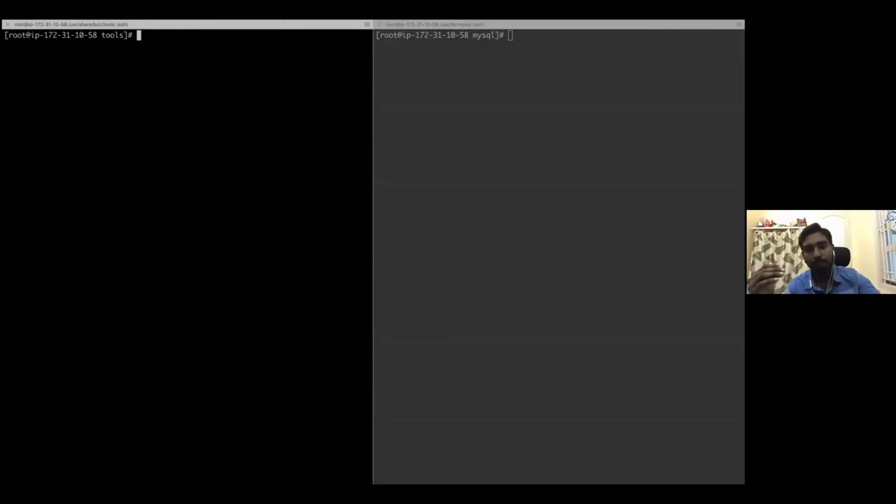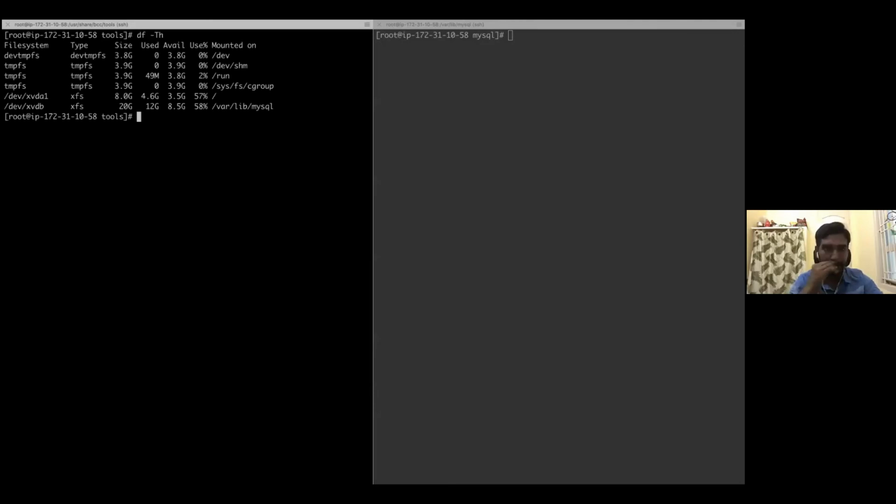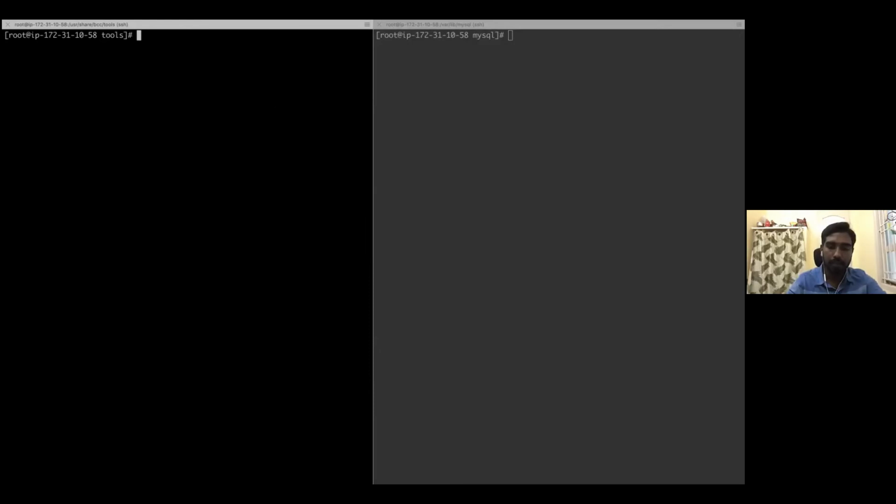Everyone has their own file system, maybe ext4 or XFS, and BCC has its own tool for all of these. I'm using an XFS file system. You can see the XFS file system I have mounted. So there is a command, XFS distribution.